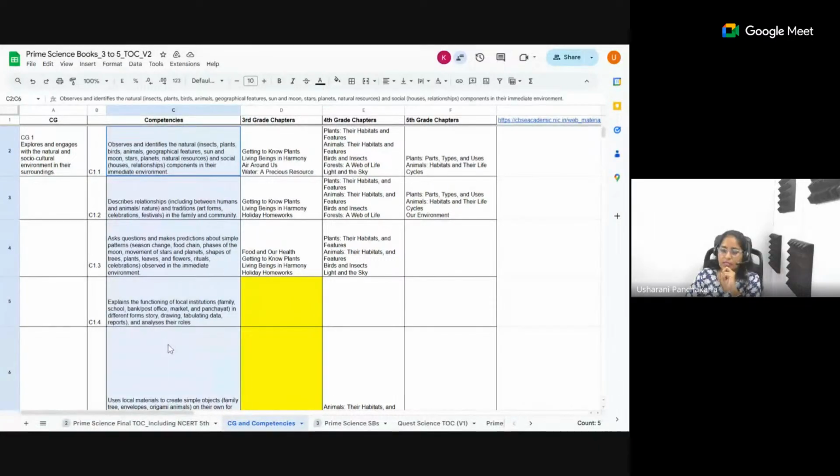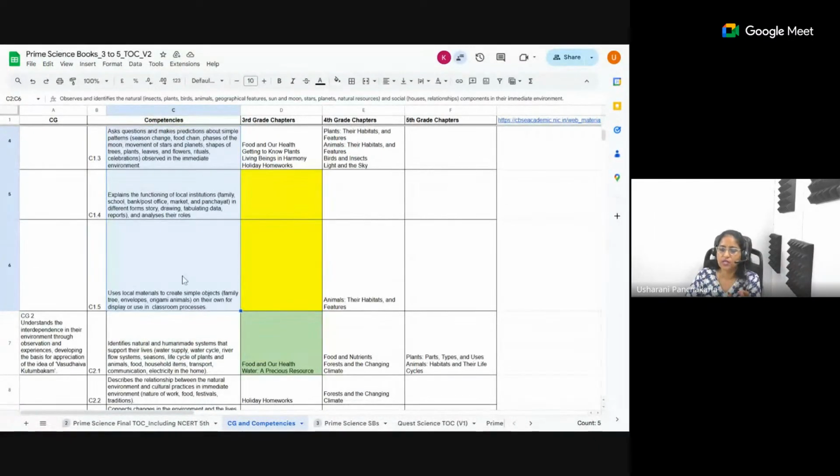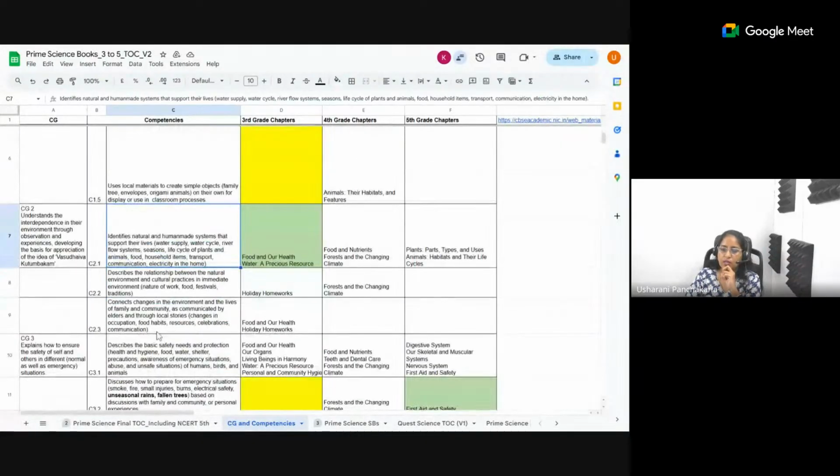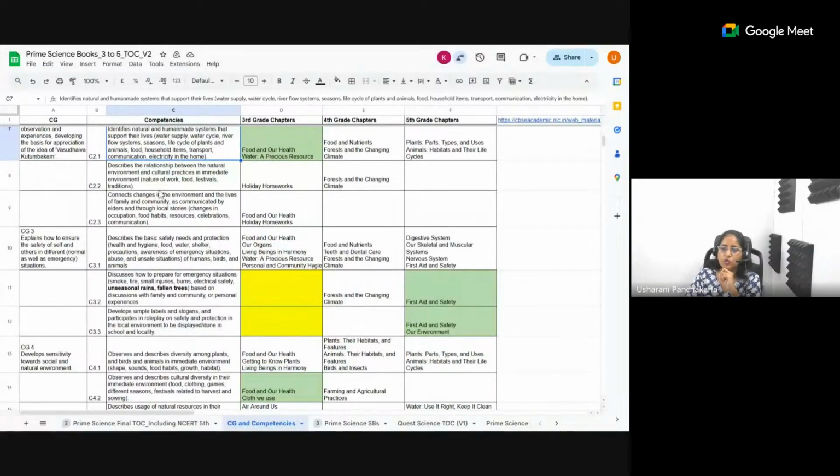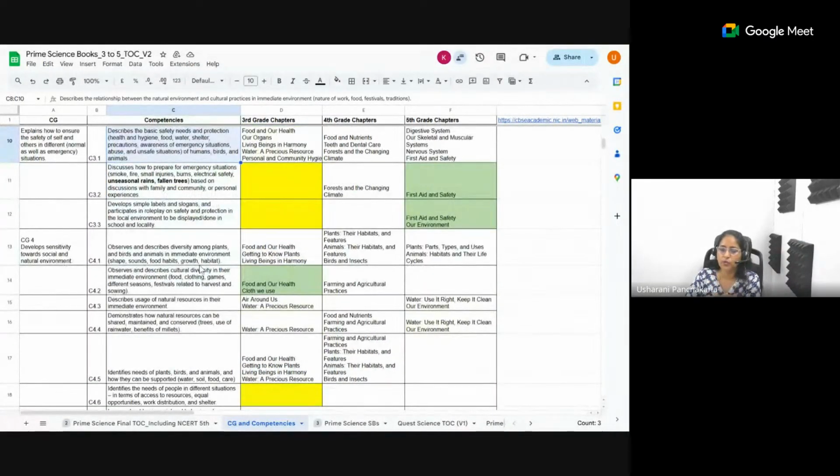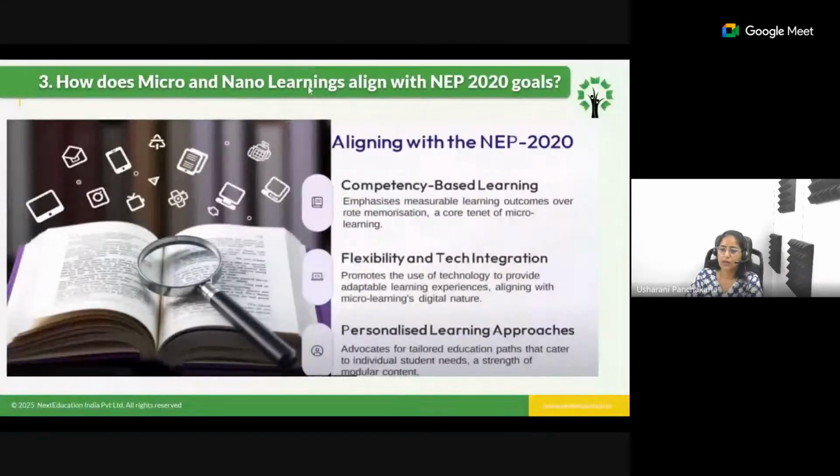One thing is about the skills. So you can see: explain the functioning, use the local methods to create simple objects, family envelopes on their own, display or use in classroom. These are the different things that have been mapped to our chapter somewhere or the other. This is what we are calling the competencies and the curricular goals. And coming back to our slide, right. Now, this is what we are saying about competency-based education,